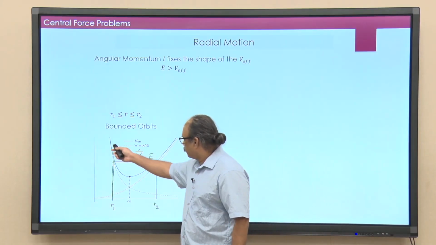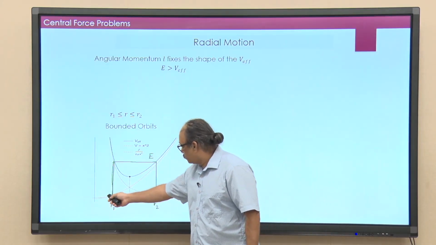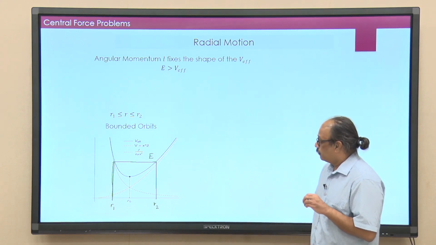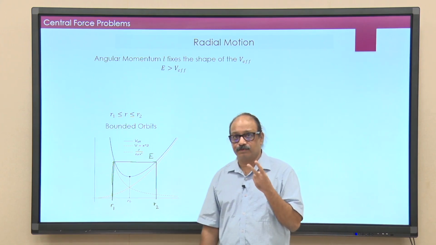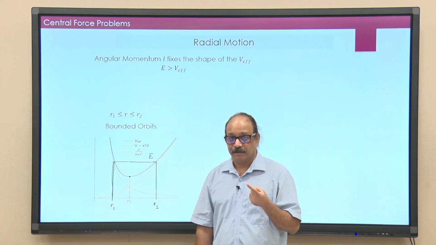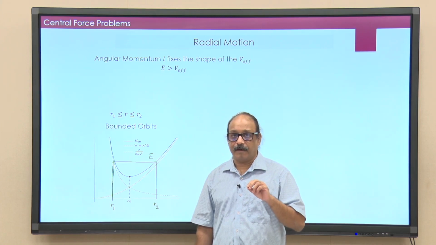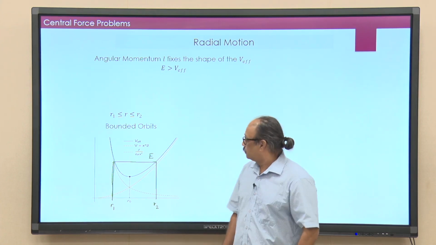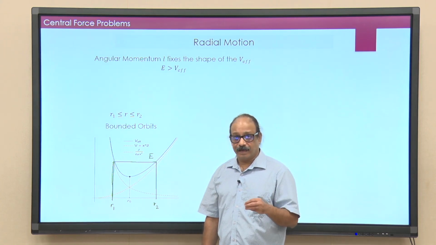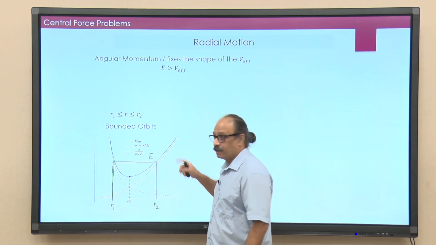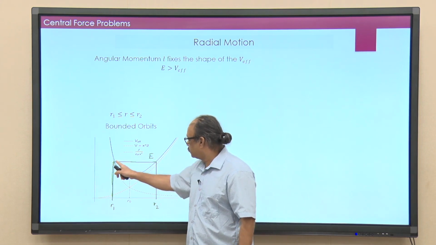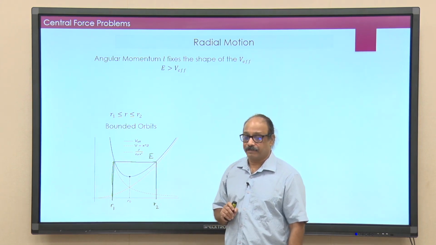So, you have this 1 over r square term, and the orange curve is the r square term. Okay. Now, remember, I have these two constants of motion L and E. The moment I fix L, because L explicitly appears in V effective, the shape of the potential is already fixed. So, given L, I have a particular shape. Now, if I choose energy, suppose energy value is chosen as this, then what happens?